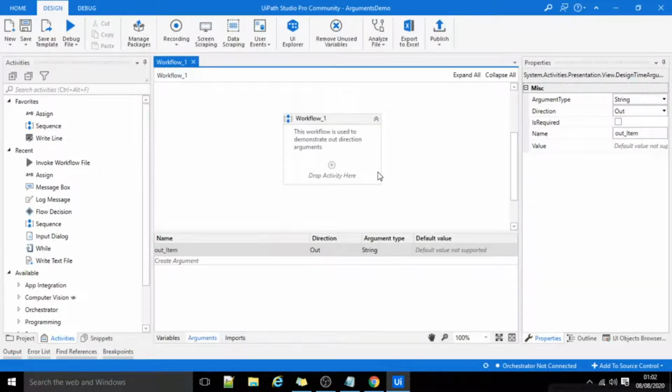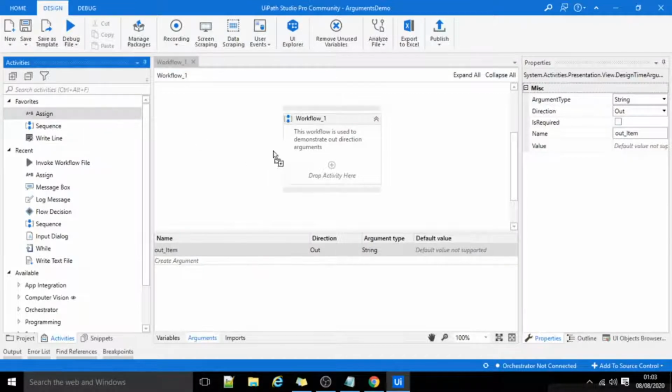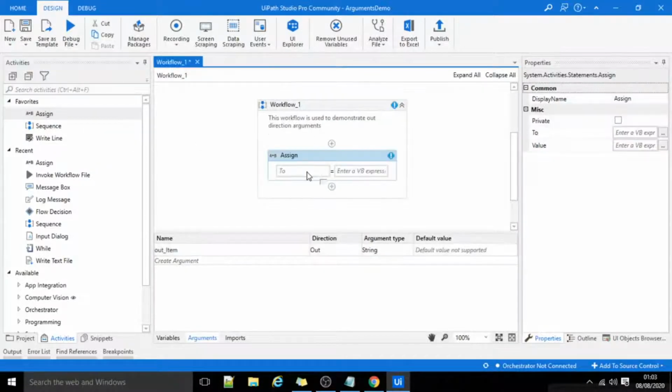So the workflow that will invoke or call this Workflow_1 will get the value of out_item as a result of the invoke or call. So I'll assign some value to this argument by using the Assign activity. I will assign the text Creta car.